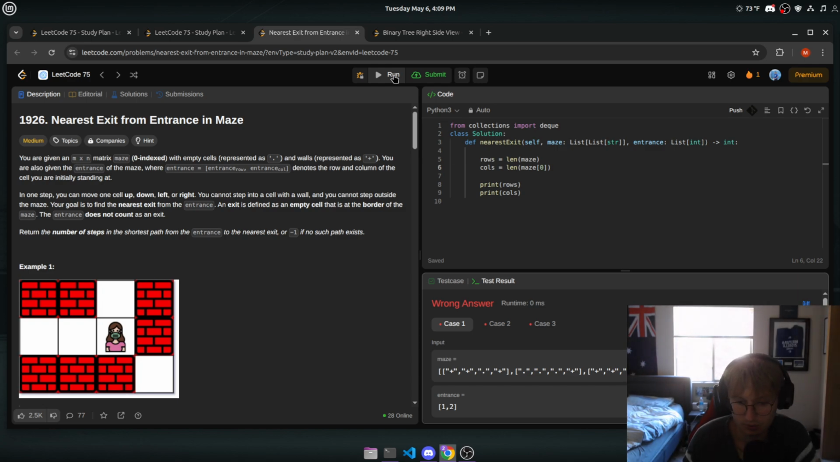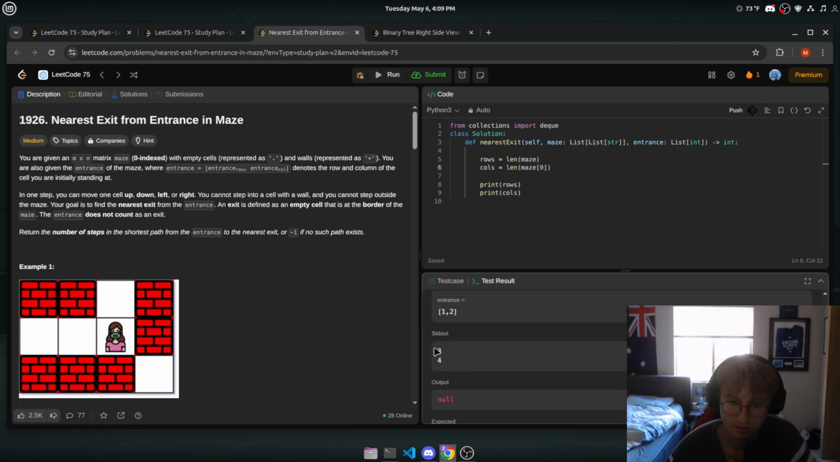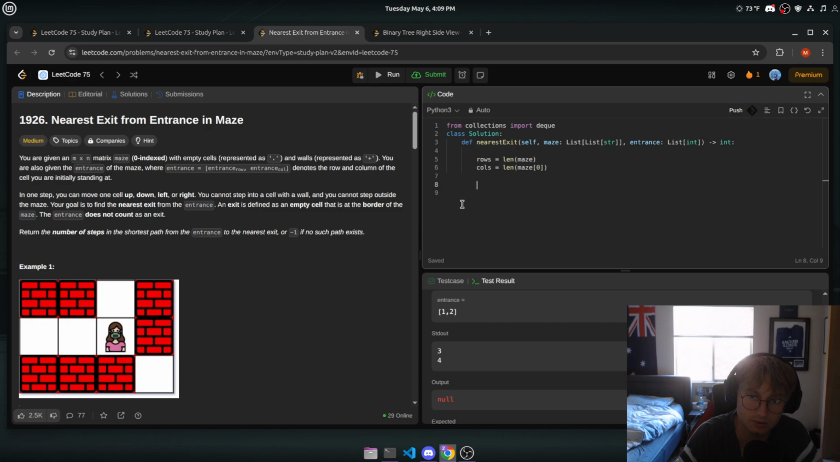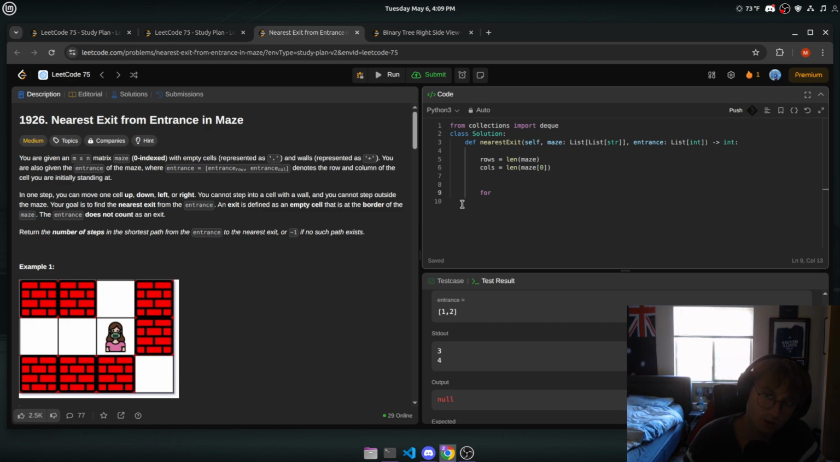Okay. So we're given an entrance, 1, 2. We're given the maze. We got 3 and 4, right? So now what we want to do is we probably want to loop through our rows and columns. Why would we want to do that? Well, we have a starting point, right? So I guess we have to go from that starting point. Okay, so how can we do that? Well, let's create